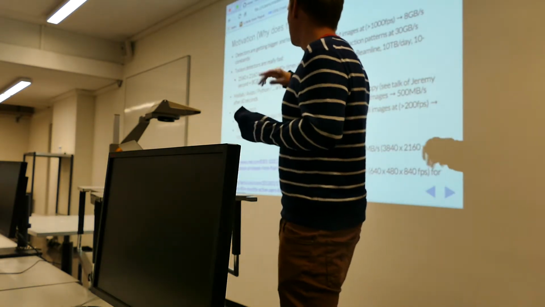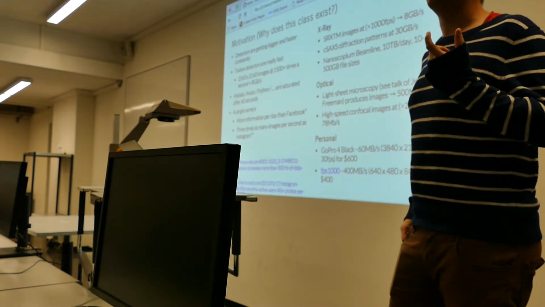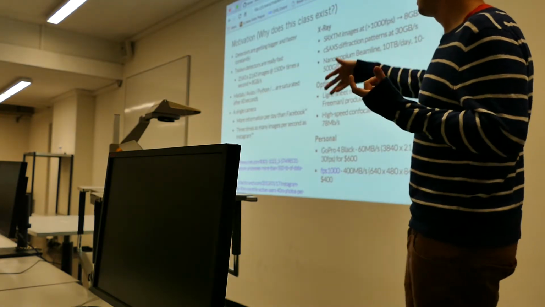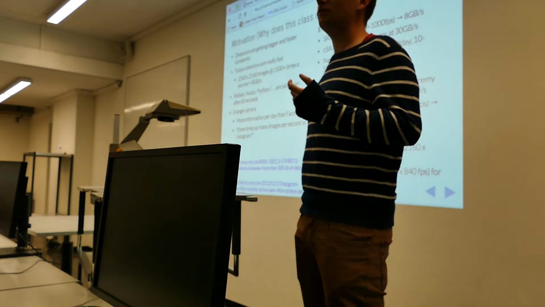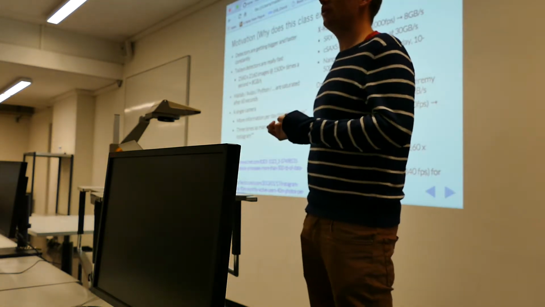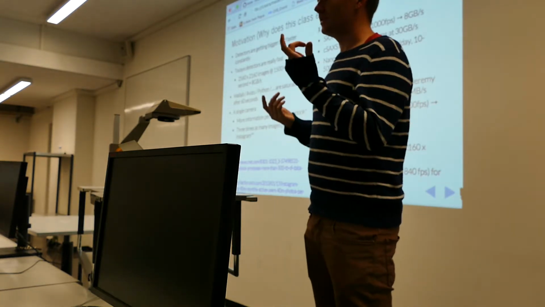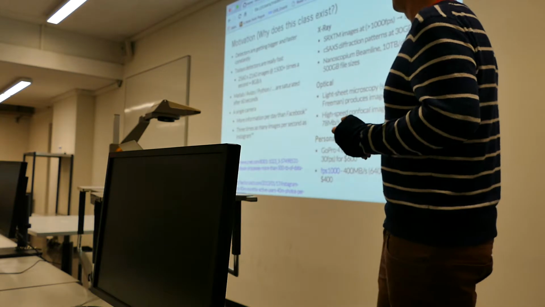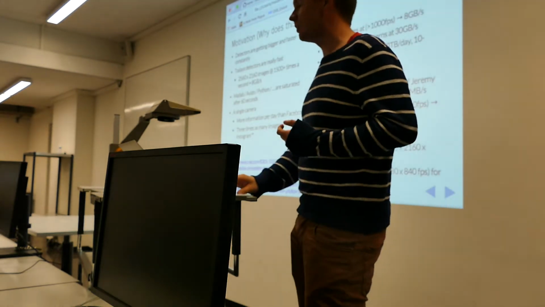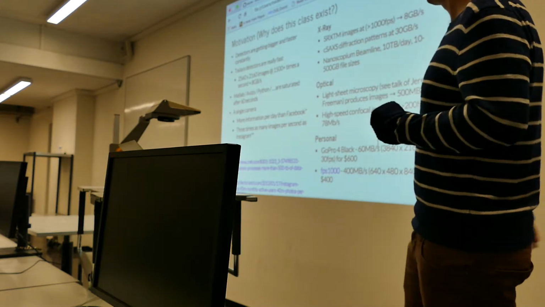One of these single cameras can produce more information a day than Facebook. And Facebook has hundreds, if not thousands, of PhDs in computer science developing the most advanced tools for them. How can you possibly hope to keep up with that as a scientist, or to make something meaningful out of that? There's also other experiments where diffraction patterns are collected at 30 gigabytes a second,